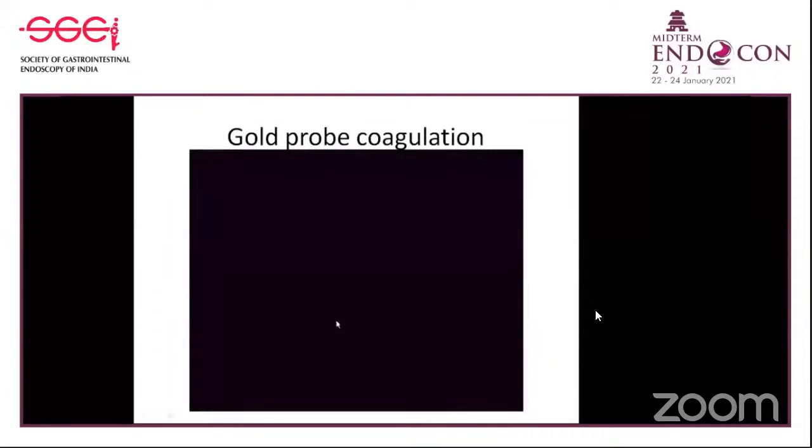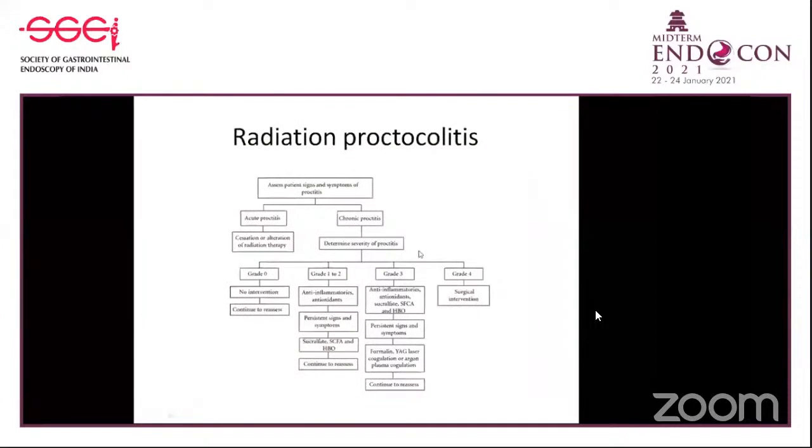Here are other lesions, the small bleeding lesions. You can do a gold probe, I think. So that's another one. Radiation proctocolitis is also a cause for bleed. It's becoming less and less because of advancement in the radiation therapy of cervical cancer. So here, we have to assess the patient for proctitis. Is it acute or is it chronic? And we're going to look at that colonoscopically. We're going to check, and the grade. So mostly what we see, the bleeding will be in the grade 2 or 3 is what we generally see,